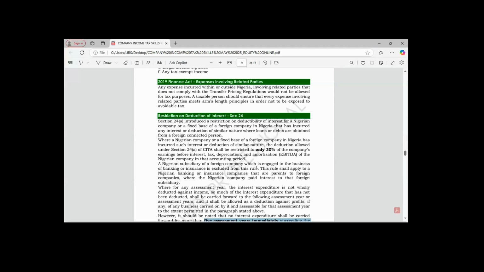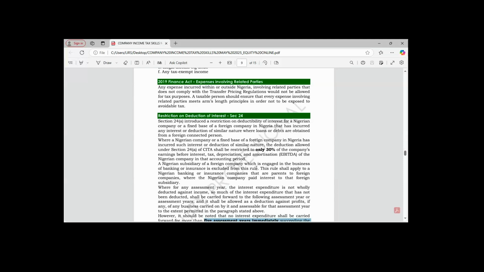The reason why this rule came up is that the tax authority found out that most of these foreign companies use this avenue. They use their subsidiary, through loans, to reduce the amount of tax liability they are going to pay in certain years. As a result of that, the government also